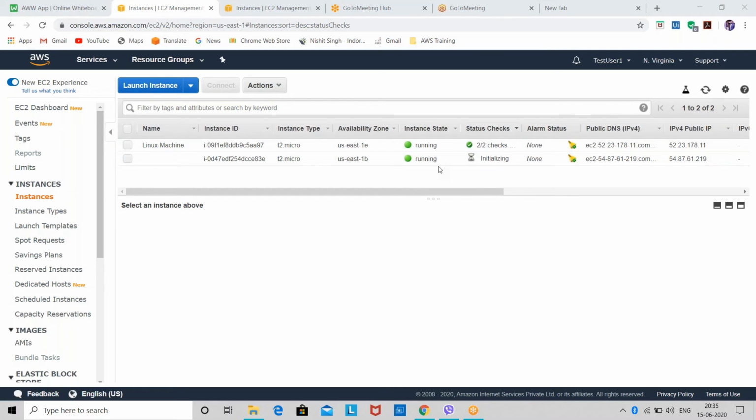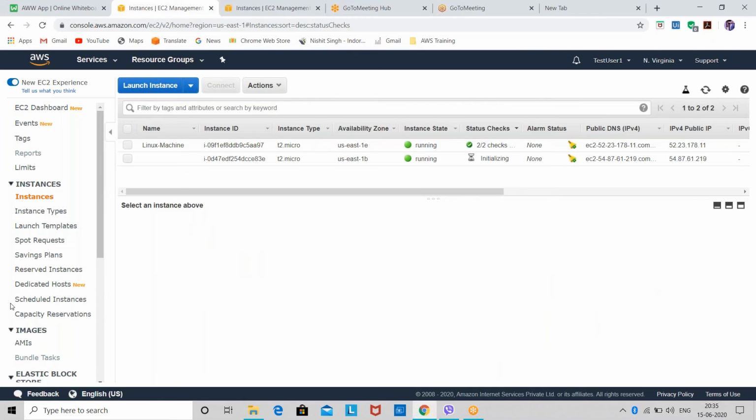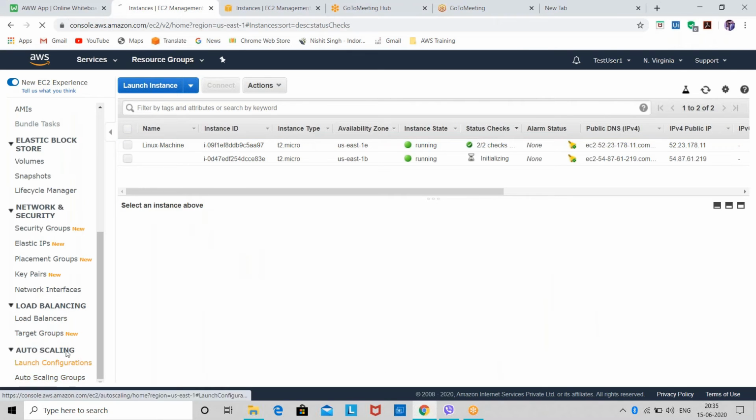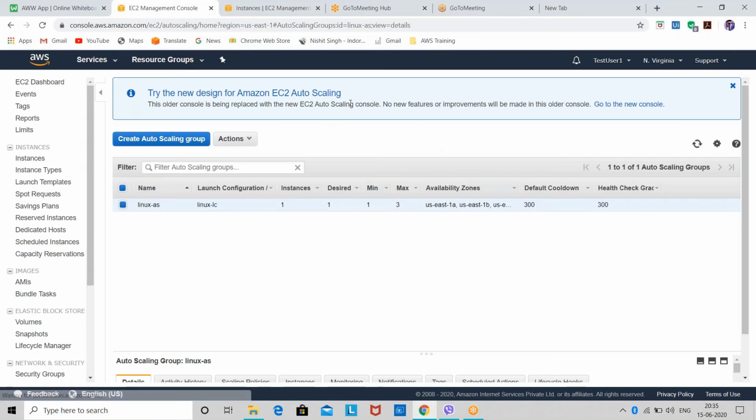So is this clear to all of you, how we can configure an auto scaling group with EC2 instances? Manoj is asking why the instance is created now.